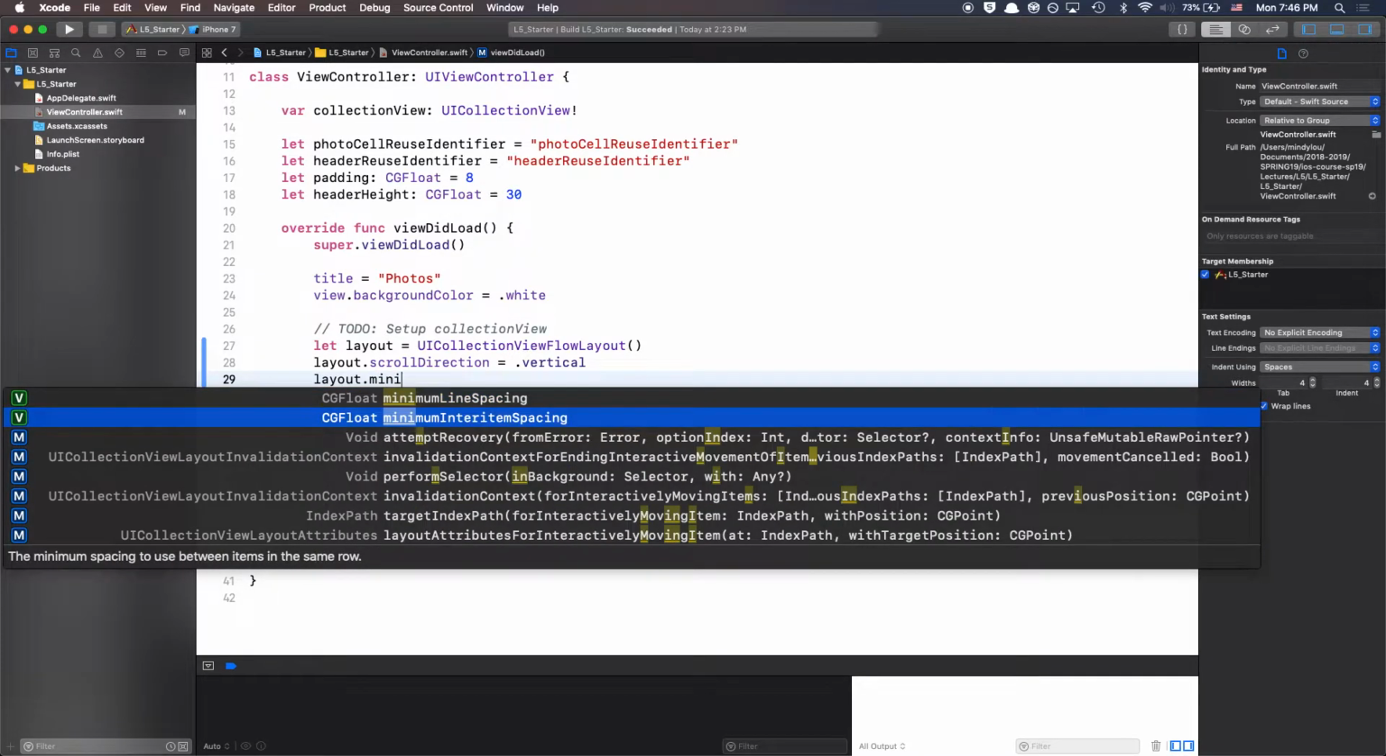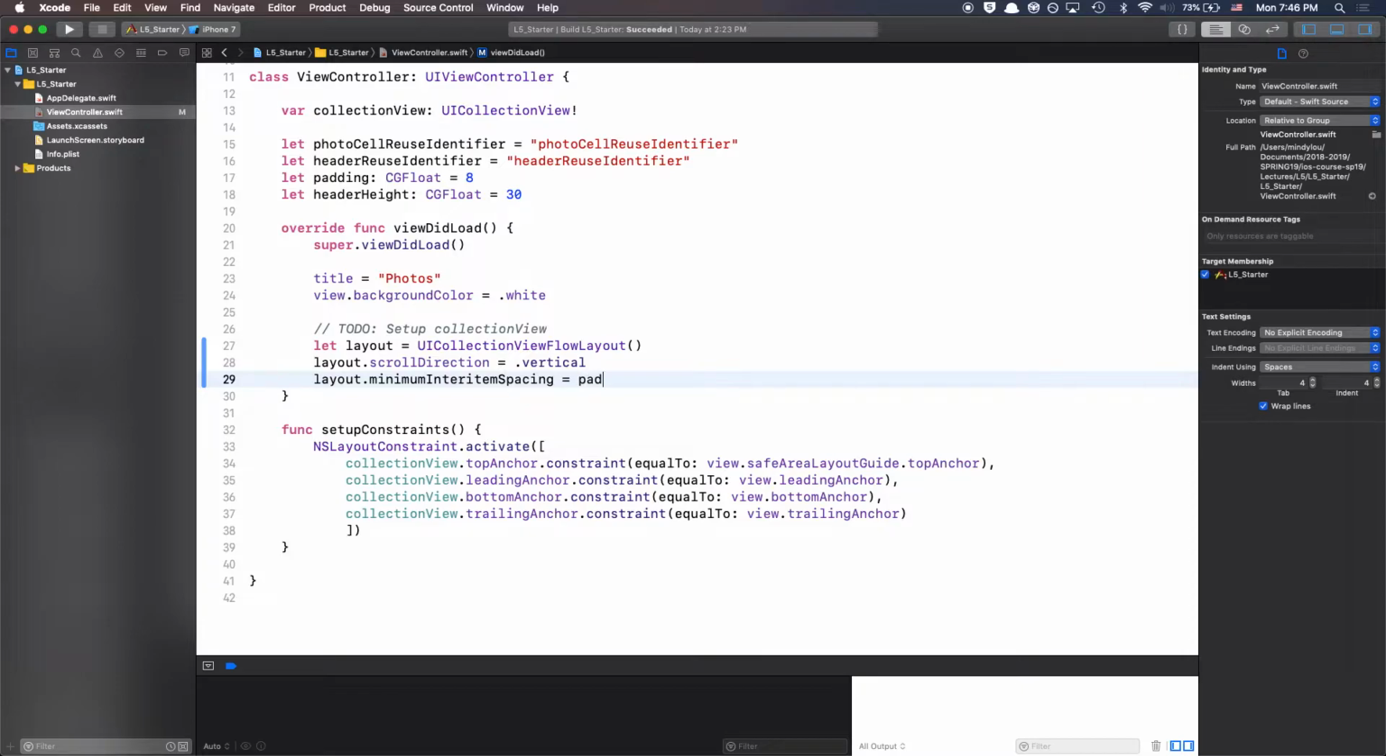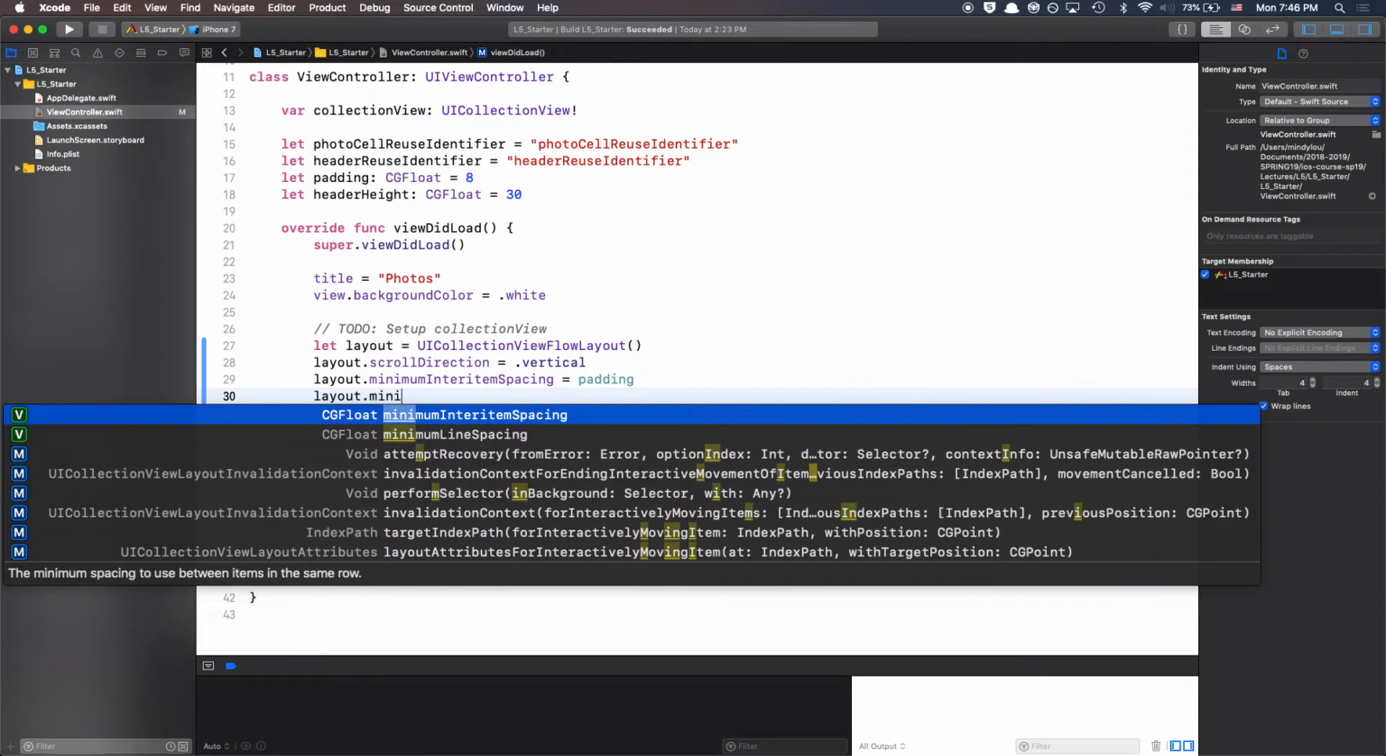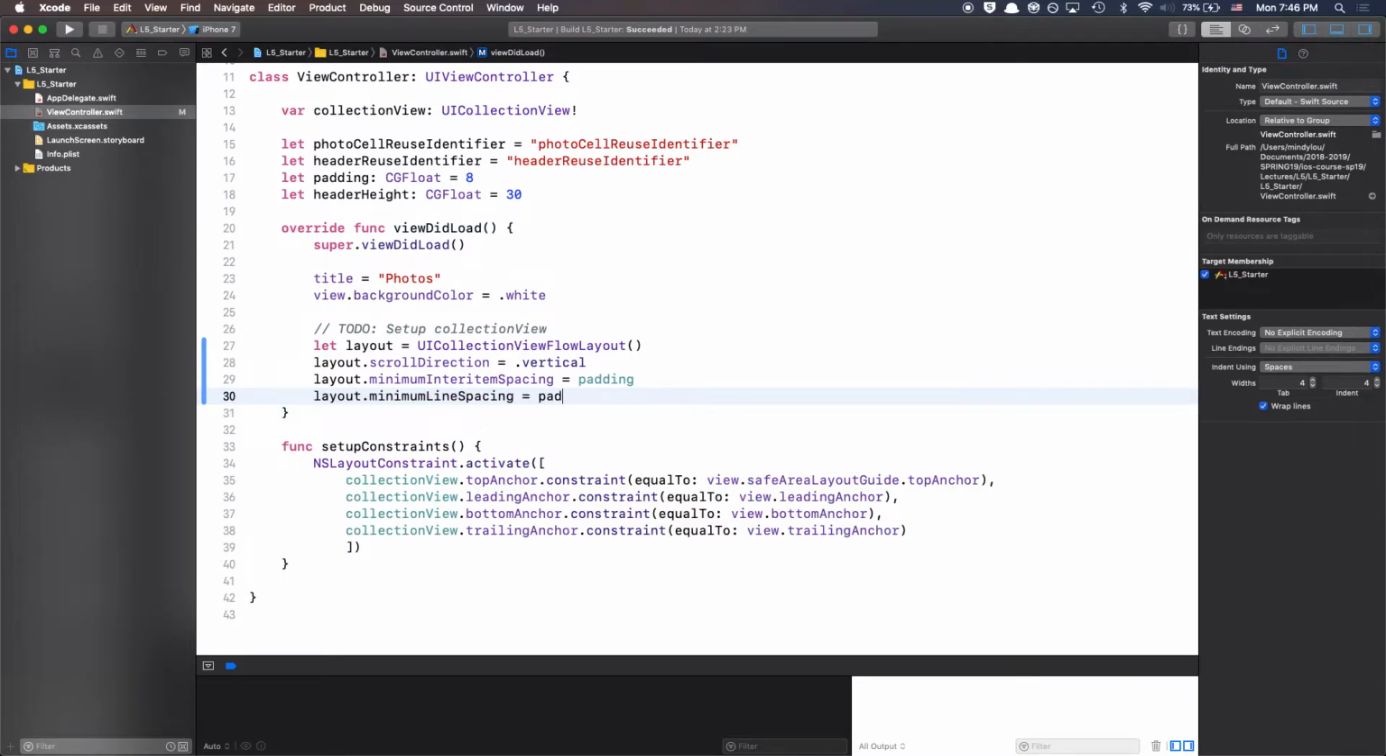So we can do layout.minimumInteritemSpacing, and we can set that to padding. And then we can also do layout.minimumLineSpacing and set that to padding as well. So basically we just want even padding between each cell, or between cells, and then between rows. So now that we've done that,